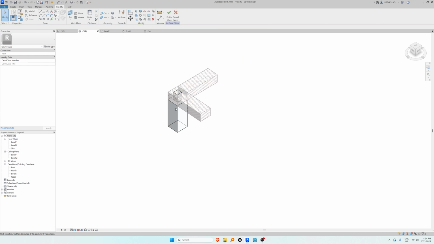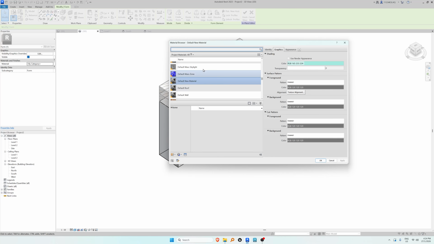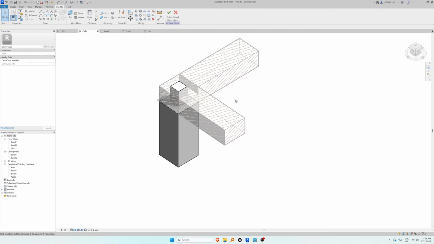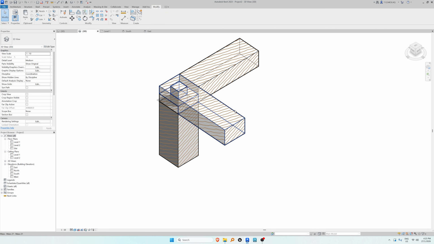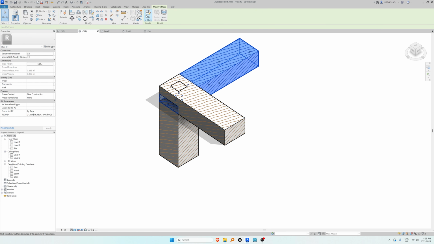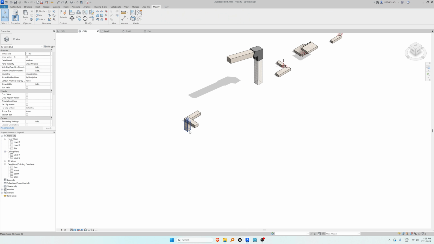Right. Let me assign the materials for my one. I'm going to join these two parts. Okay, so this and this, join it, and then change the material here. Okay, my one was wood. Yep. So this, and then finish. Same for this. I'm just gonna type it here. Finish, select this, edit, select this, and then I'm going to pick wood. Finish. So now we have this three-way joint,